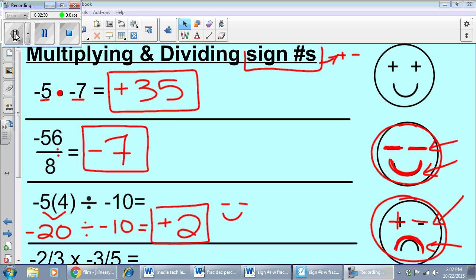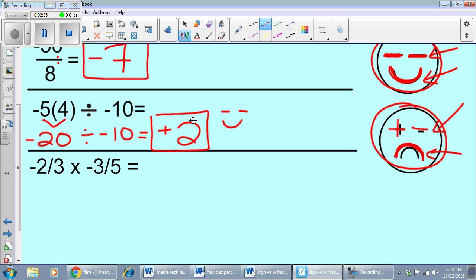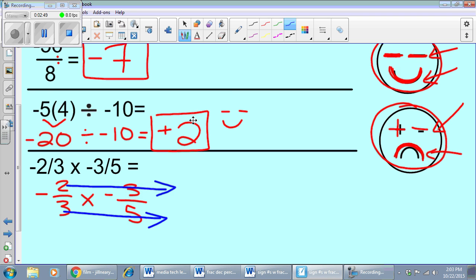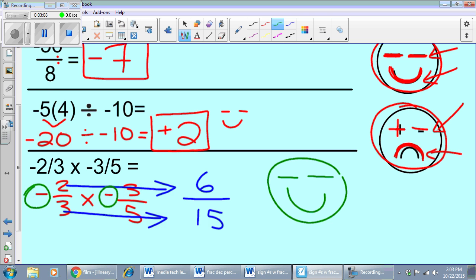Dropping down to our last one, we'll see if we can apply these rules of sign numbers to working with fractions. So here I have -2/3 times -3/5. Well, I know that when I'm multiplying fractions, the rule says multiply straight across, numerator times numerator, and denominator times denominator. So 2 times 3 is going to give me 6 for my numerator, and 3 times 5 is going to give me 15 for my denominator. And when I look back at the signs in my original fraction, I had a negative sign and a negative sign. Negative and negative. Oh, when I'm asleep, I know that I'm happy, so the final answer must be